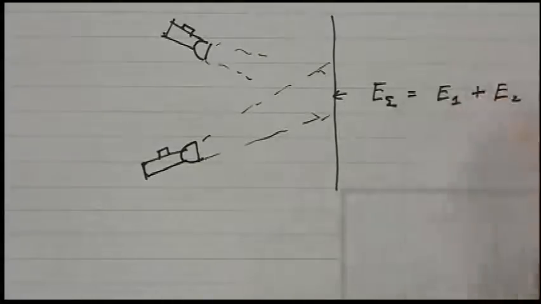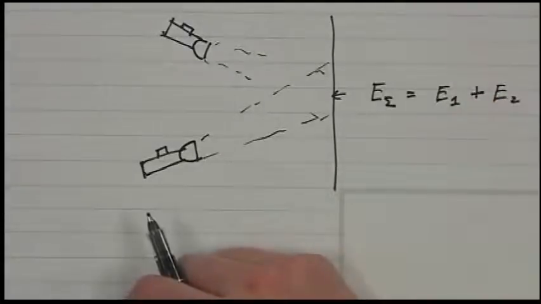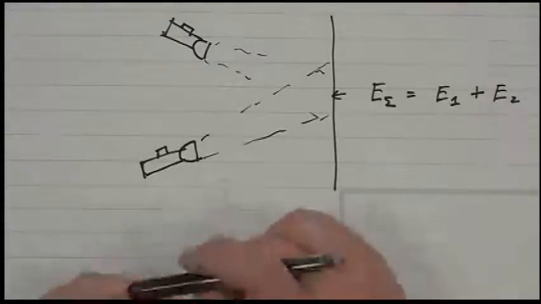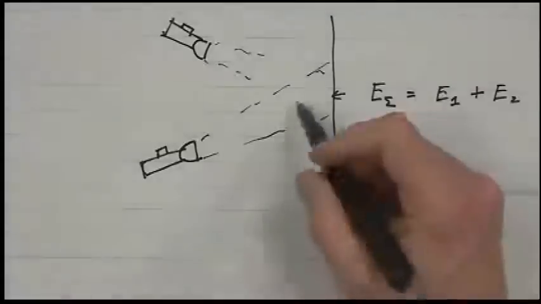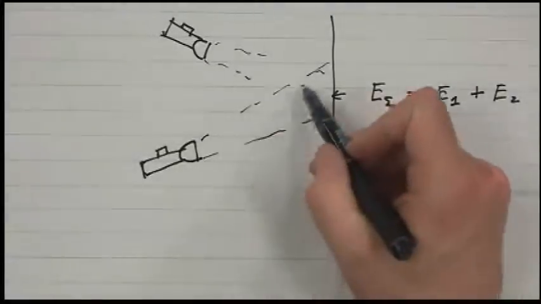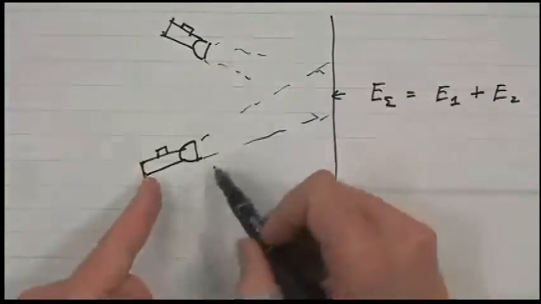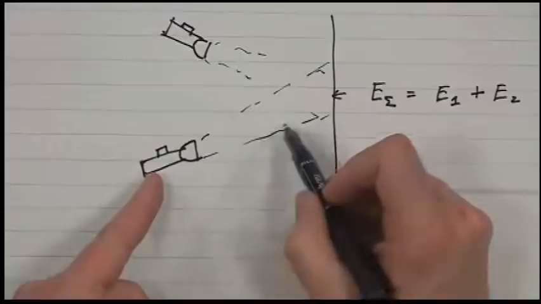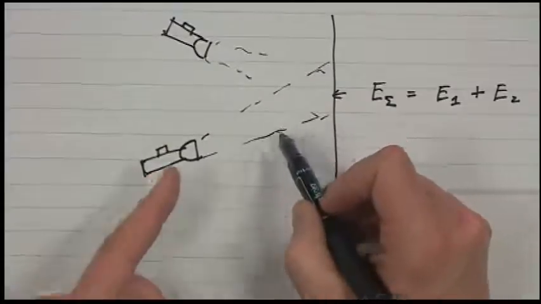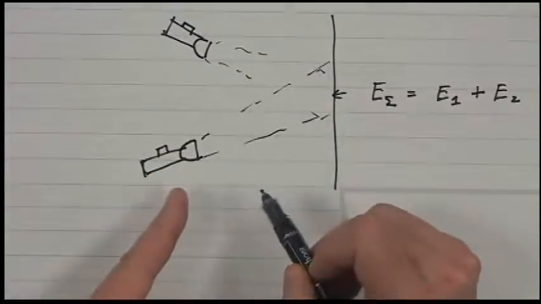It's the sum. Why is that? Because the photon energies add. Why is that? Because the phases of these light sources are not coherent. If this was coherent light, like a laser, and they were coherently related, then the electromagnetic fields would add, and you would get